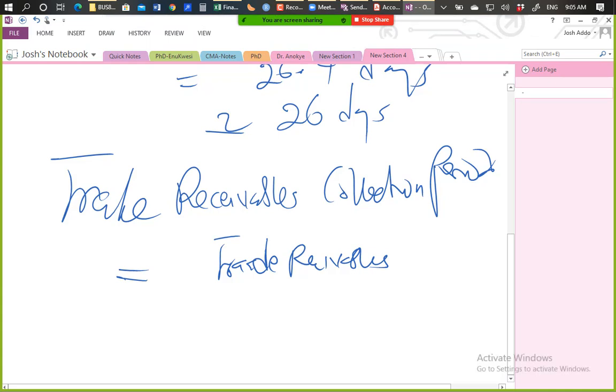So the trade receivables you find in the balance sheet, that's the closing value, divided by this one we are selling to demo, so divided by credit sales. The amount of trade receivables in our balance sheet divided by the credit sales that generated those receivables. The credit sales